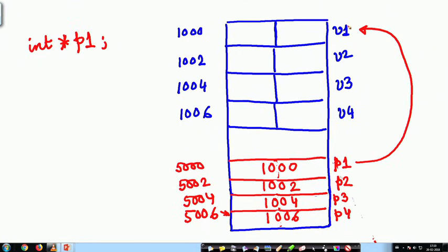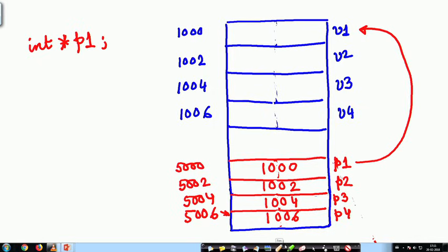It could be a floating point variable also. For the sake of clarity, I am just not bothered about how many locations a variable is taking. I am just erasing this. Whatever it requires depending on the machine, that is taken.